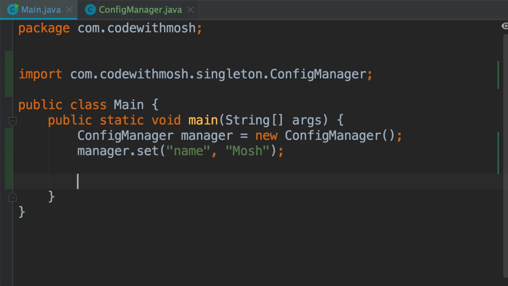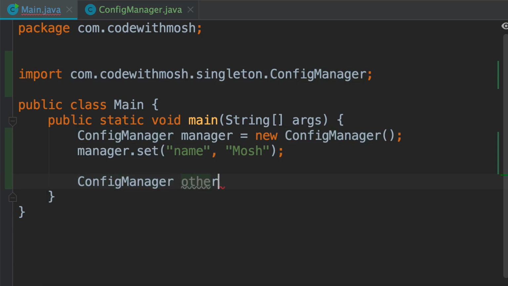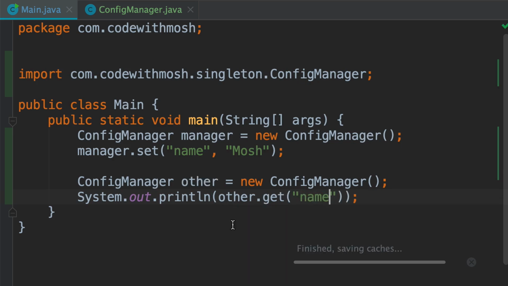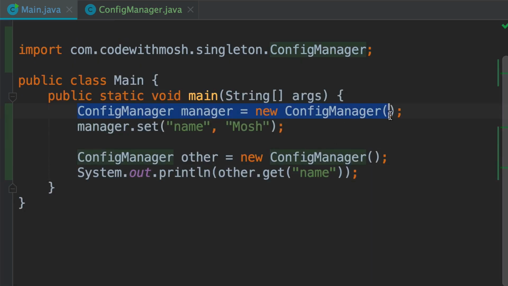Now, what if somewhere else in our application, we create another ConfigManager, we can call it other, and we ask this other ConfigManager for the name setting. So let's print other.get("name"). Of course, we're not going to get Mosh, we get null because this setting is stored in the first manager